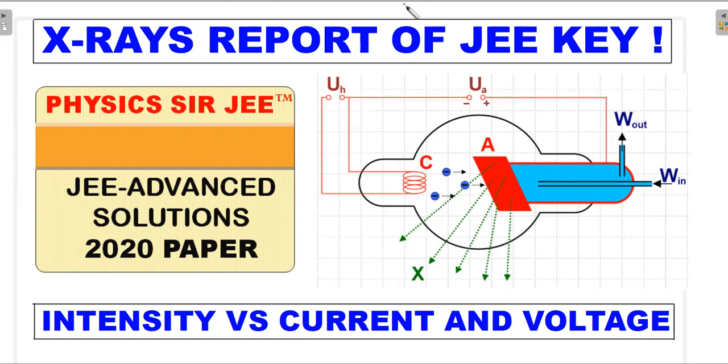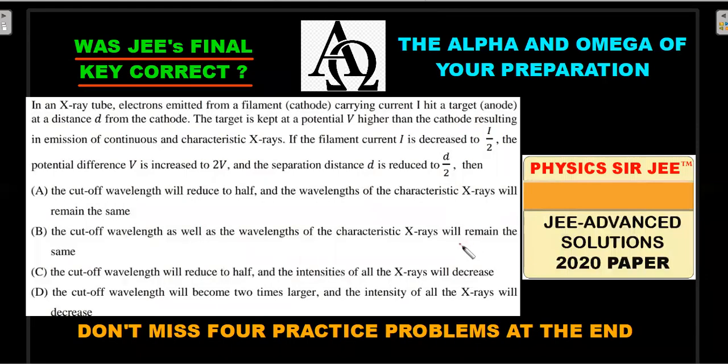Let me go forward and give you the formal wording of the question. In case you have not attempted it from the community tab post that I have already given, here is your chance. Pause the video, read the question, try it out for 2 to 3 minutes, and come up with a key on your own, and we'll try to match it up with the JEE key and see whether it is right. If it is right, where did the students go wrong? And if it is wrong, what is the problem with that particular key? It's always good to analyze the questions so that we grow bigger in the subject. So let's move ahead.